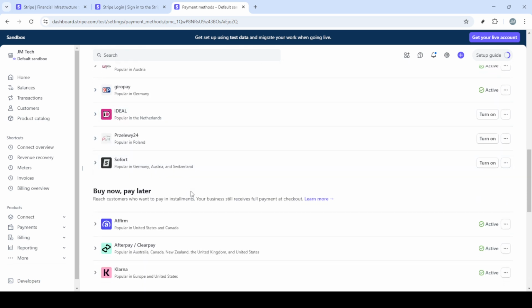And that's it. You've now set up Affirm as a payment method on your Stripe account. Offering Affirm can provide your customers with more payment flexibility, potentially increasing your sales conversion. Remember, keeping these options updated and well managed will contribute greatly to the